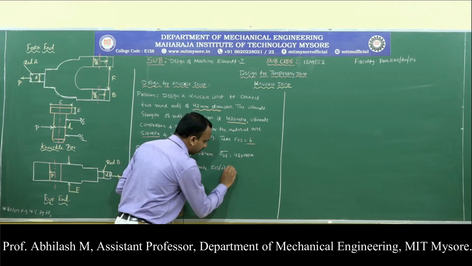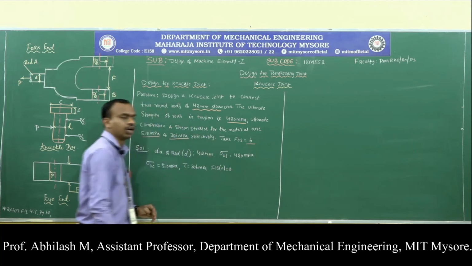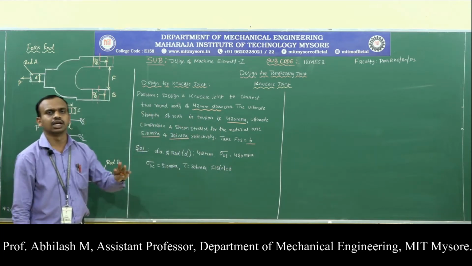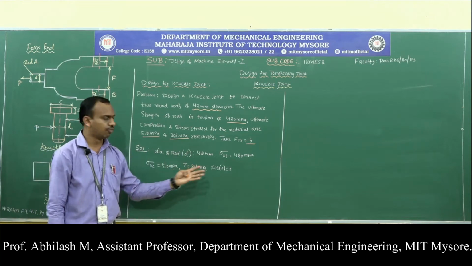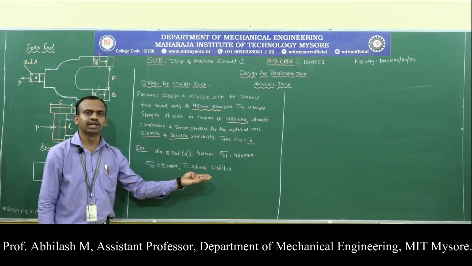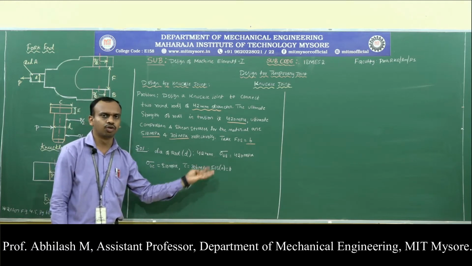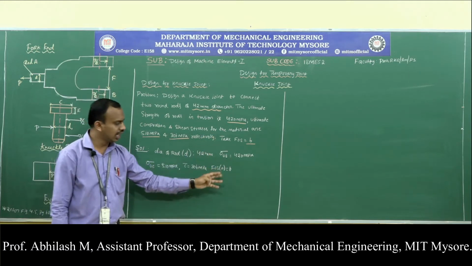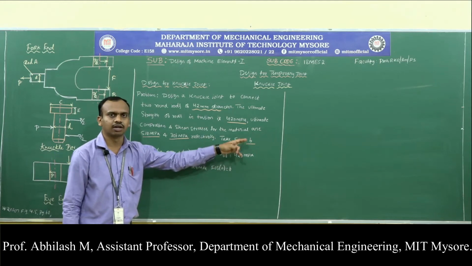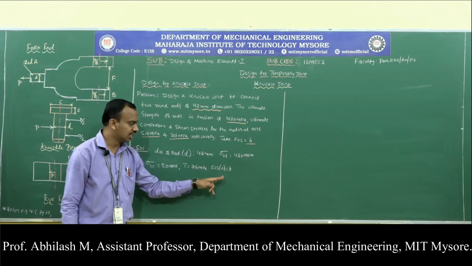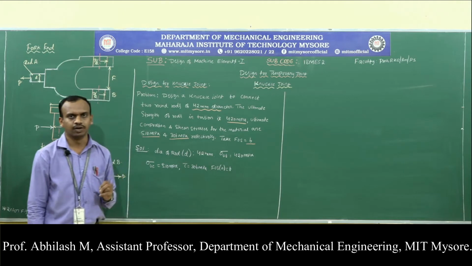Whenever we are designing the knuckle joint or the cotter joint, ensure that we are taking a suitable amount of factor of safety. Don't go with a 2 or a 2.5. Just assume the value to be between 4 to 6 or 8. So here they have only given in the problem that the factor of safety value to be maintained is 6. So I am writing that value.